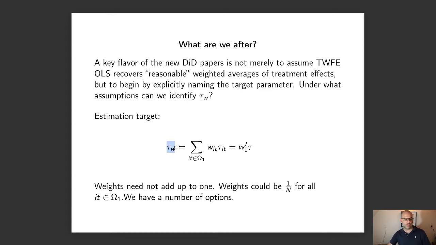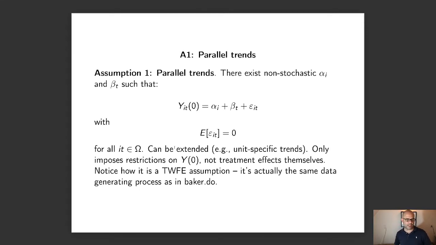We're after tau. I'm using their notation. I usually say delta, but they use tau. So let's talk about the assumptions, parallel trends. Okay, real quick. This is their assumption. They're saying in a world where there's no treatment, then